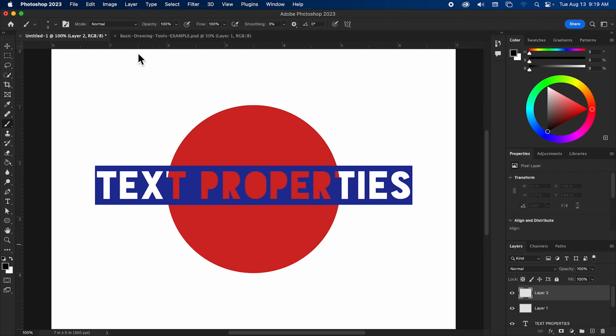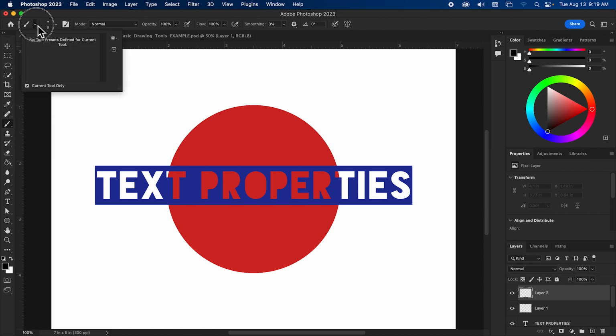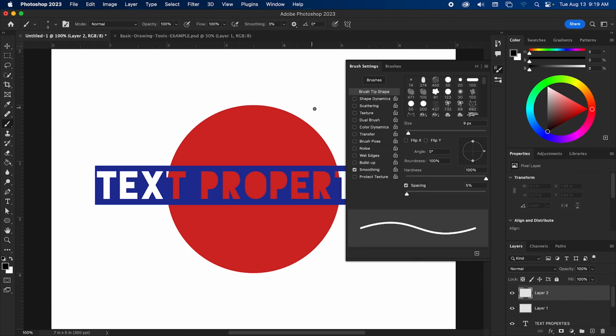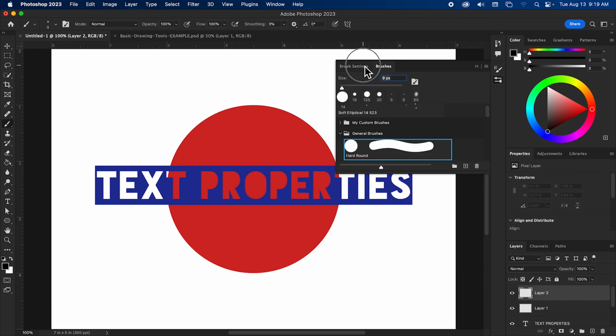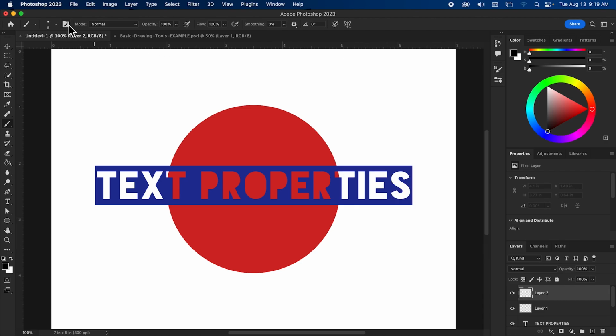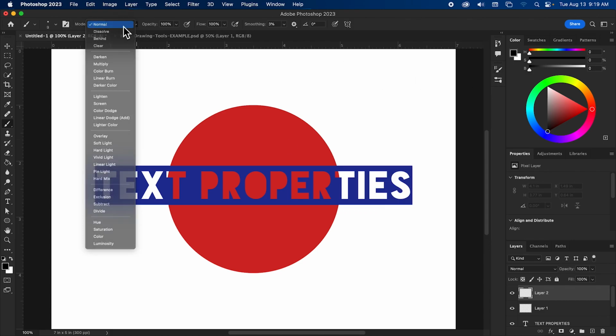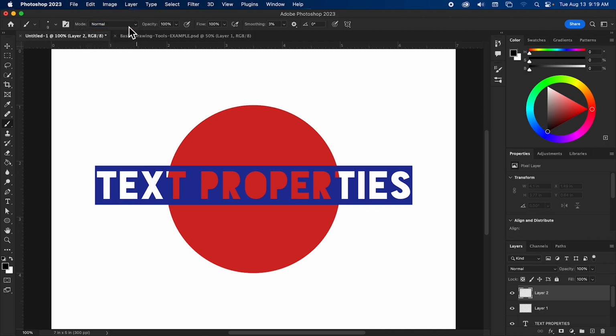All right, last two things in the user interface. Right up here at the top, this is kind of a quick toolbar. It has tool properties and some options. So again, we're on the brush tool. I can see here that I can change my brush settings. I can click this button to open the big brush settings and brushes here. This basically just opens this panel so that I can access it. I can change my blending mode for the brush, which you don't have to worry about.